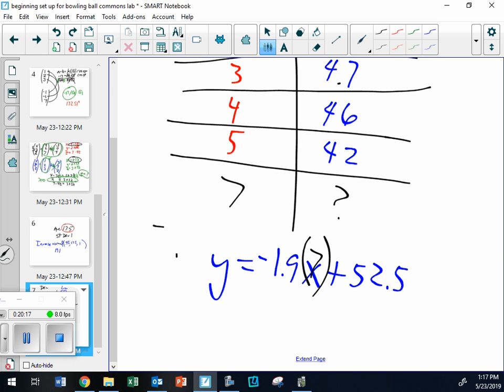Do you get then that you can figure out the answers the other way too? What if instead I said, I want to know when the temperature is going to drop all the way to 38. Then the 38 doesn't go here. The 38 would go here. Now you'd have to use just plain old-fashioned algebra and a piece of paper to solve that one. There's a way to do it on the calculator, but it's more complicated. You can solve that: subtract 52.5 and divide by negative 1.9, and you'd have it. Okay, there you go. I think that's all you need.